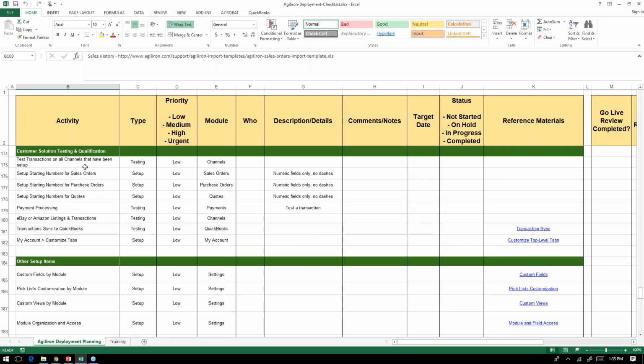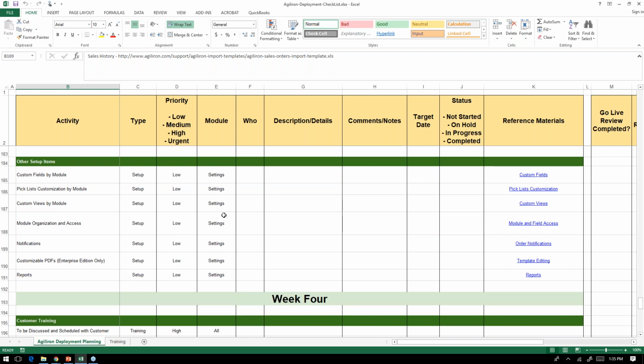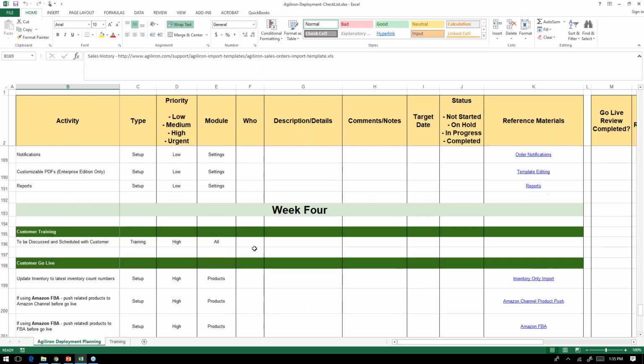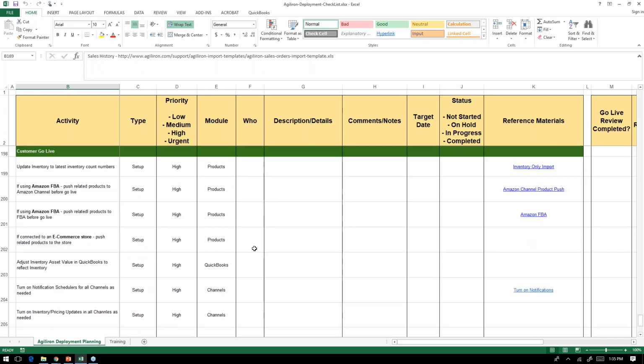And then I think we do some testing in terms of qualifying the customer, transactions coming in, those types of things. And then finally we have some of the custom fields. If we want to extend the database with things that are unique to that business, then that's what this particular section is about. Okay, and then finally week 4 is go live,